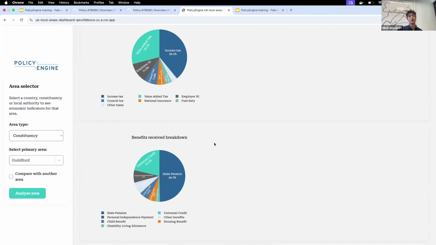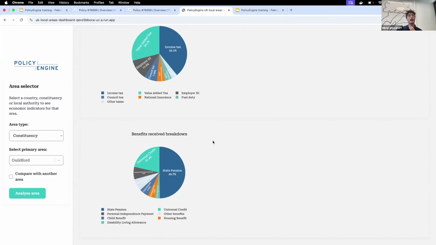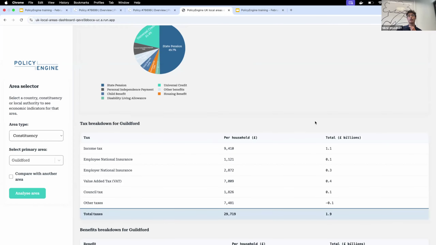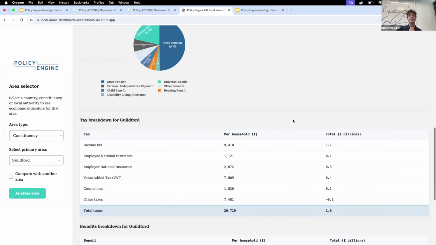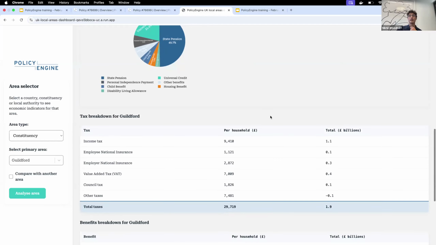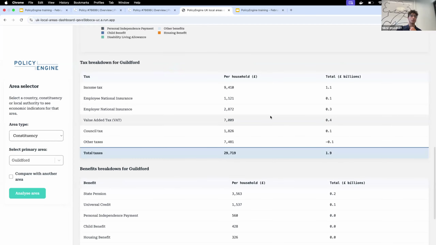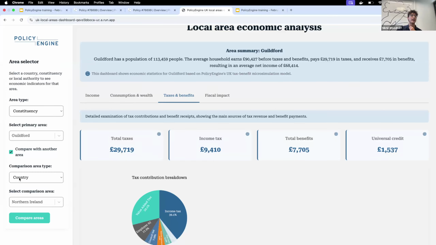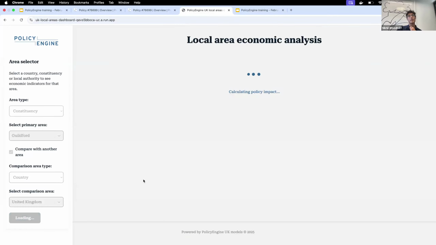So state pension was effectively half of benefit spending for Guildford, and universal credit was about a quarter. And you can also see total aggregates, income tax, national insurance, VAT for this local area that it's contributing towards the national budget. So you can walk through that and interrogate it for any one of the constituencies or local authorities. And you can also compare this with any other area. So we could compare it with the United Kingdom,